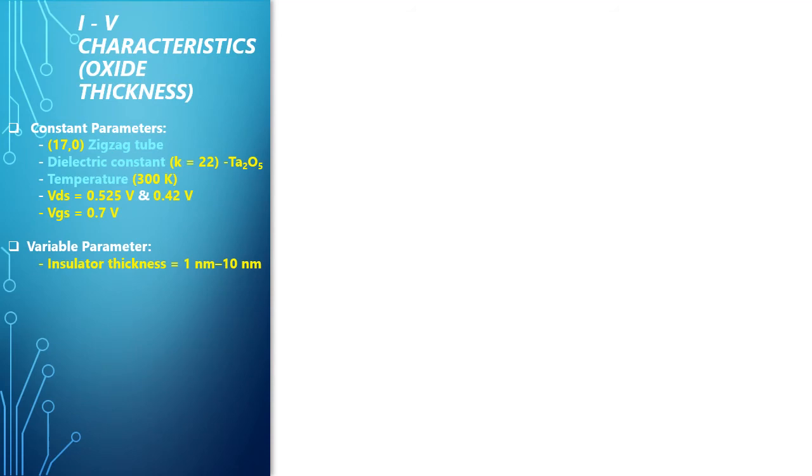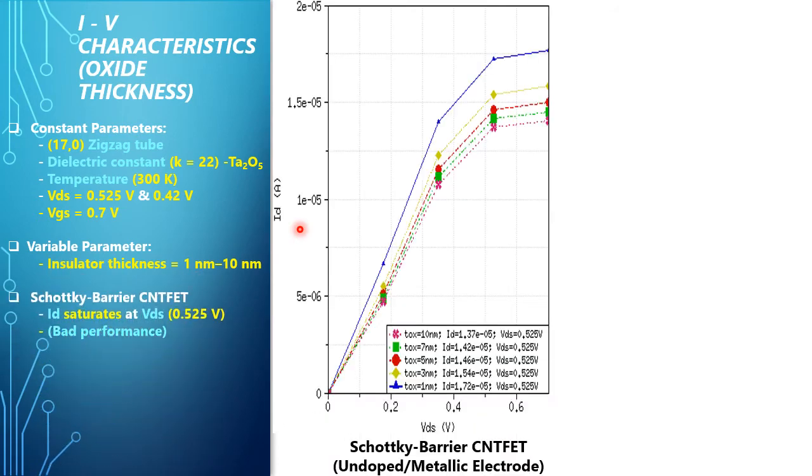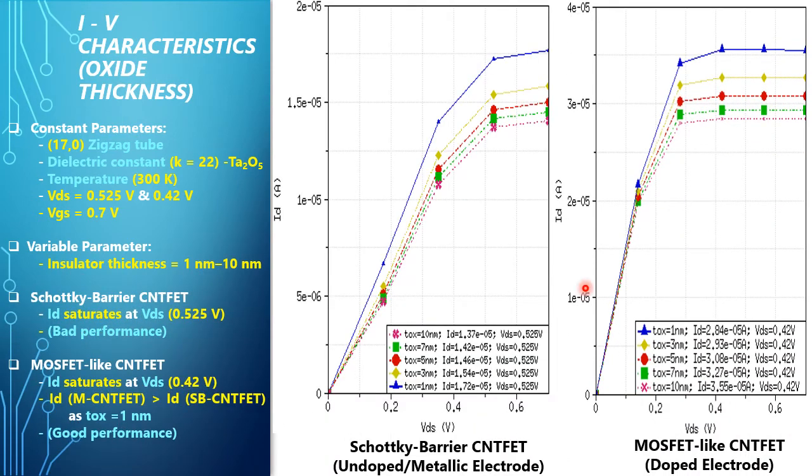By varying the oxide thickness, we can have the current voltage characteristics of these two CNT FETs with the parameters dielectric constant, temperature, VDS, VDG, the zigzag tube constant, and the insulator thickness variable. We can have the simulation results like these ones. And the first diagram shows that the Schottky barrier CNT FET